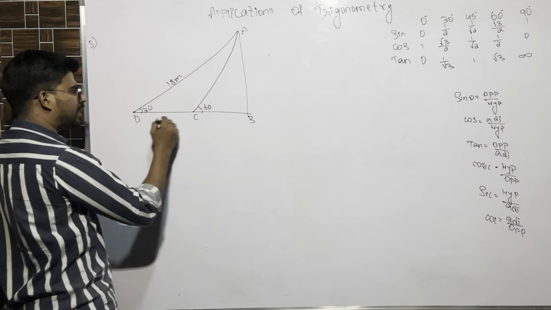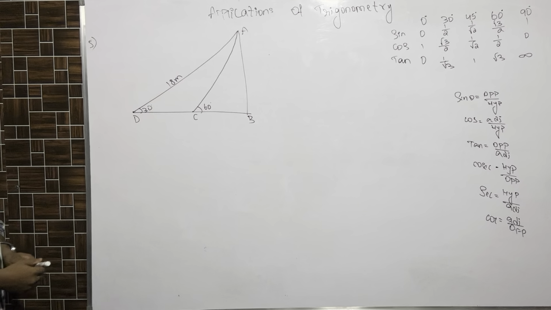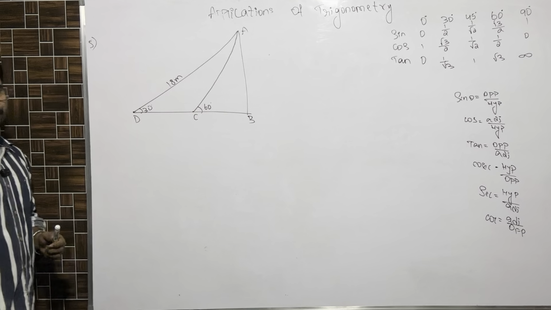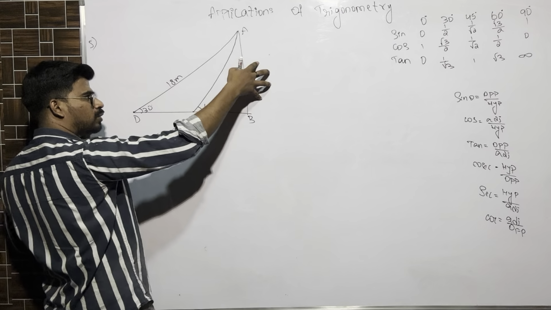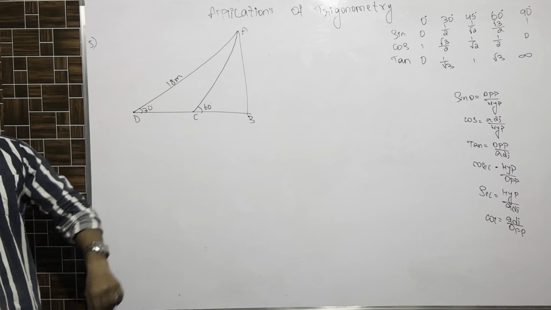In ABD, angle is 30 degree, side is 18 meter. With the help of these two pieces of information, with respect to 30, what is AB? Opposite. AD, hypotenuse. So first time we are using hypotenuse. Till now, in all the questions we got opposite by adjacent, which was tan. Now this is opposite, unknown side, hypotenuse, known side, opposite by hypotenuse, sin theta.